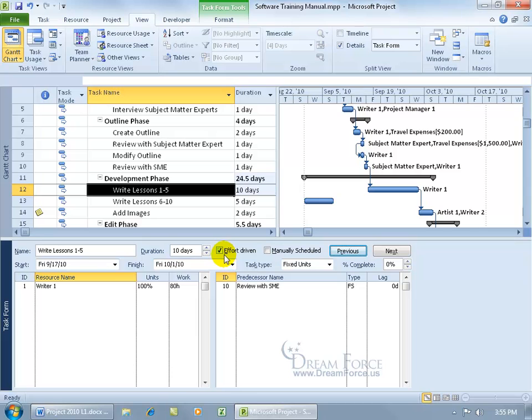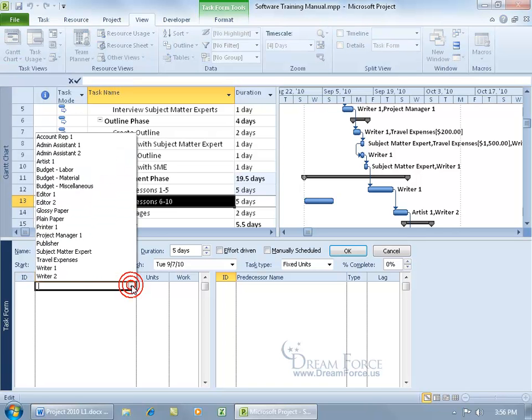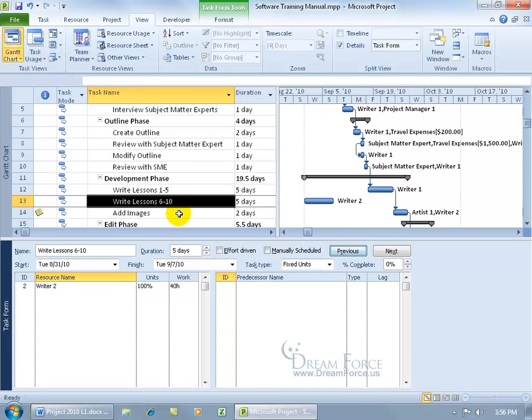Now because it's effort driven, where it took 2 resources to do it in 5 days, when you remove a resource, now it's up to 10. Let's go back to 5. That's okay. Just go ahead and update that back to 5. Click OK. All right. Then we go to the next task, which we don't have a resource assigned, and we don't have a relationship between this task and the next one. So what I could do is come down here, let's assign the writer 2, click OK, and then to create the relationship, you can come over here and click predecessor and say it's going to be this one, write lessons 1 through 5. There it is, select it, and then click OK,